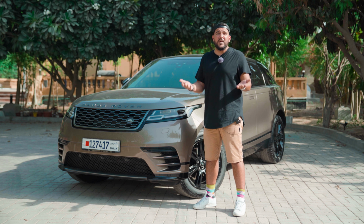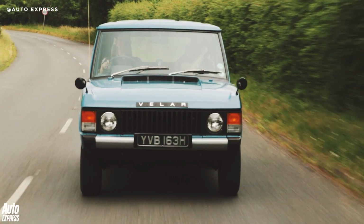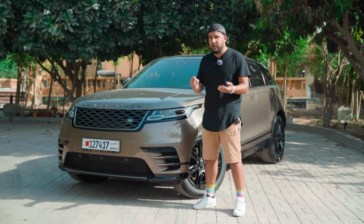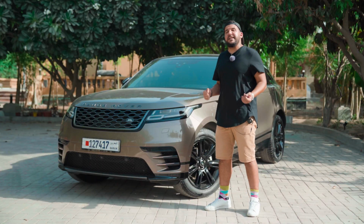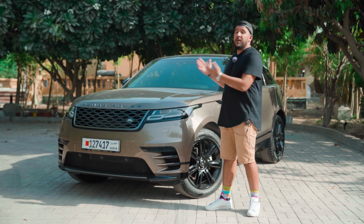And they didn't really know what to call it. Was it going to be the Road Rover or the Range Rover? So it was just known as the Velar, which is roughly translated from Spanish and Italian to hidden, to be concealed. So 50 years later, after Range Rover created the first SUV, we now have another car in its lineup,